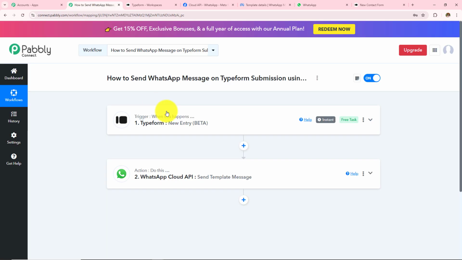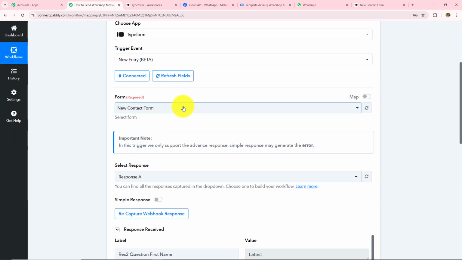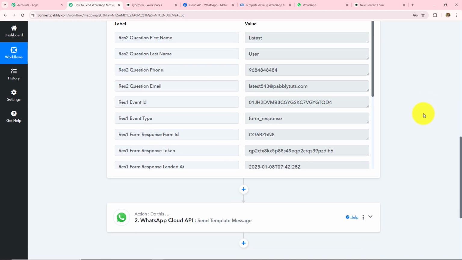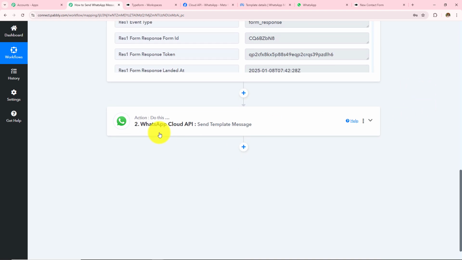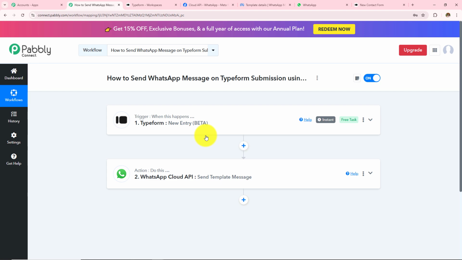So now to summarize, we took Typeform as a trigger application where we made connection with Pabbly Connect. We entered the form and then submitted the form and received that response over here. Then we moved to the next step where we wanted to send WhatsApp message. So I took WhatsApp Cloud API as my action application, made connection with Pabbly Connect, entered the template, then entered all the other details with the help of a method called mapping, clicked on save and send test request, and then after execution of this workflow, I received that message in my WhatsApp. So this is how this automation workflow will run, and here we have successfully created automation between Typeform and WhatsApp Cloud API with the help of Pabbly Connect.